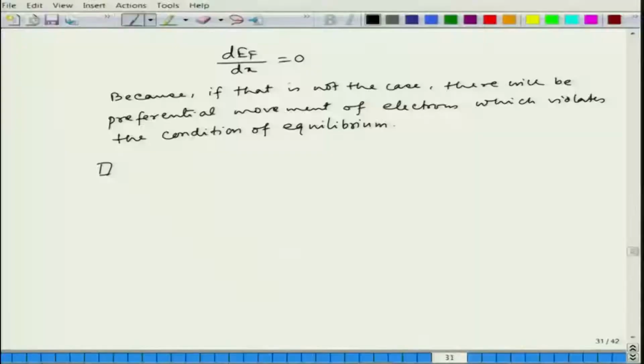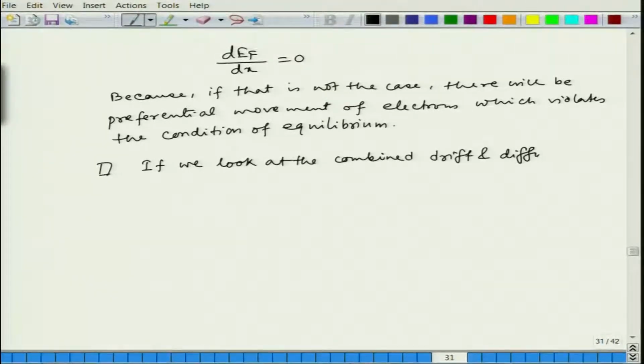Now, we are coming back to the motion again. So, if we look at the combined drift and diffusion motion,